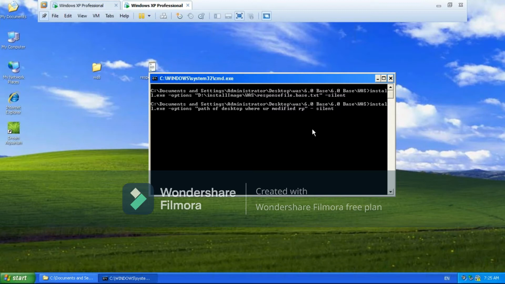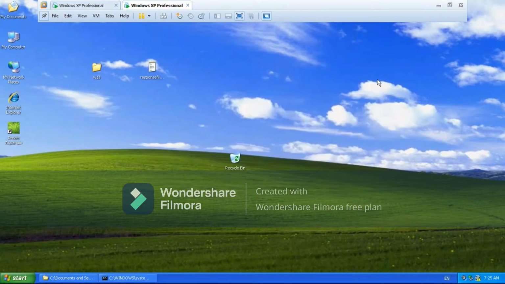Once you press enter, install.exe will go to the desktop path where your modified response file is. Here it is, no? It will pick up this response file, and in the silent backend, the installation will happen. Clear with the silent installation, right?